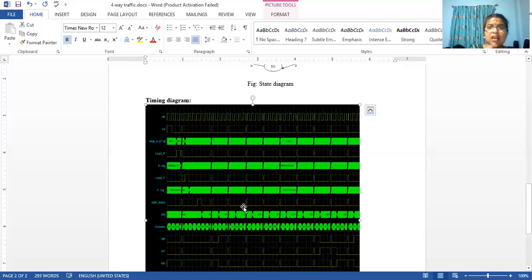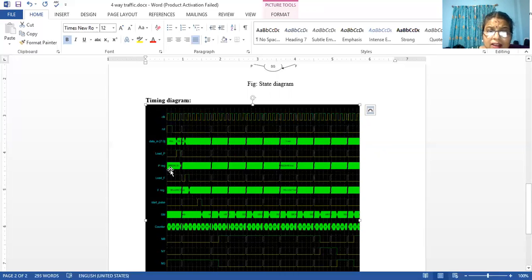What do you mean by waveform? When you simulate, if you have used Xilinx or ModelSim or Questa Sim or a Synopsys tool or a Cadence tool, you can see this is how the output looks in a simulation tool. So initially, can you see, I'm giving reset as high, and there is a data value. This means there is a break, you are doing it with a new value. If you see here, there is a 5 second and a 60 second. So the green can be loaded with 60 seconds and the amber sign can be loaded with 5 seconds.